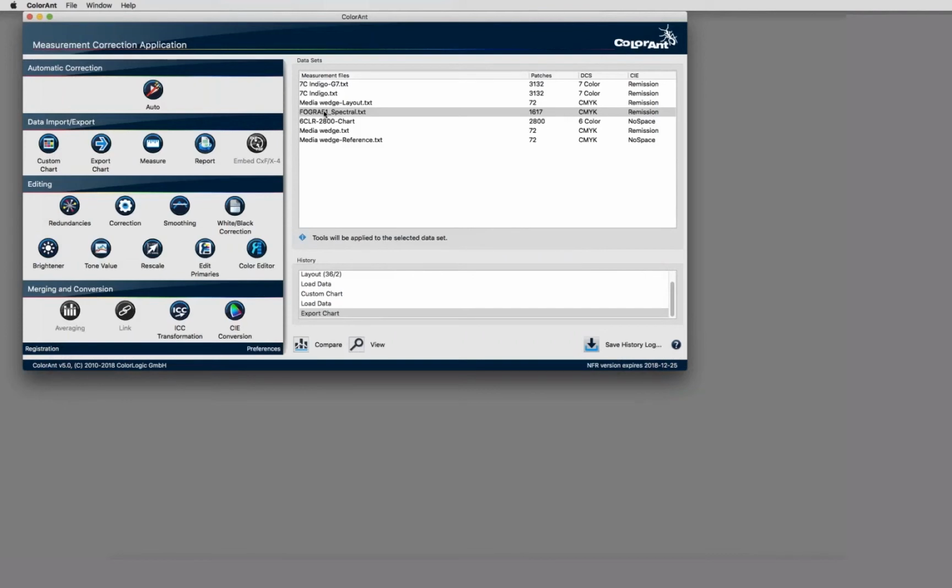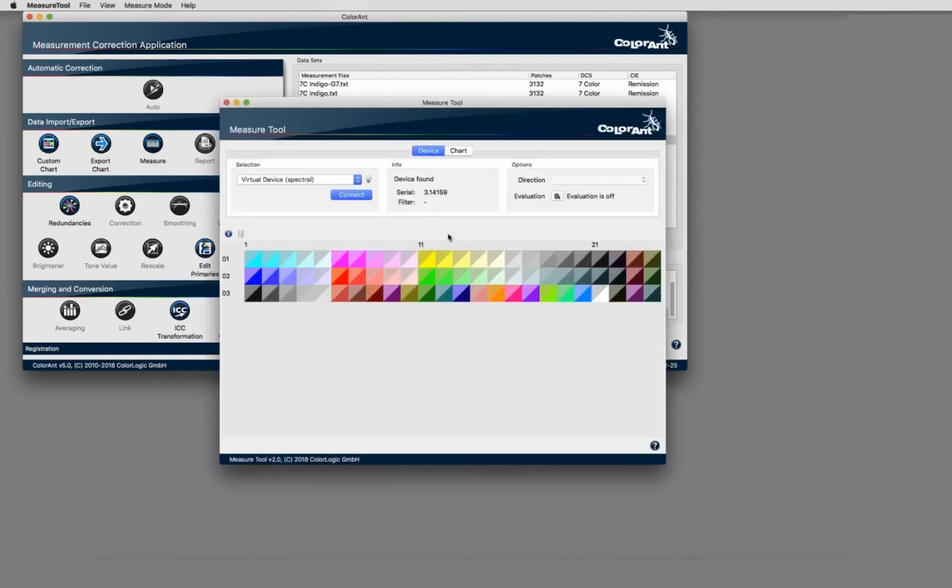And another even nicer one is that when we are creating a new reference file from the export chart, we will put all the information about the chart layout, patch sizes, width, gap information, as well into the reference data. So this is private data. It will not disturb other tools. And we will use this information when we measure. And there are a few instruments that we support, like, for example, the X-Rite i1iO table or the Konica Minolta FD9 or Barbieri instruments like the LFP that have a